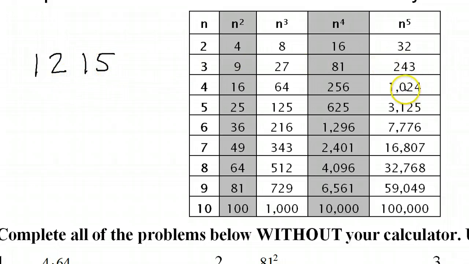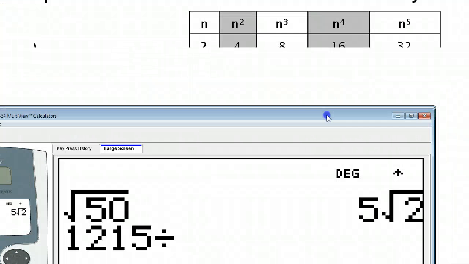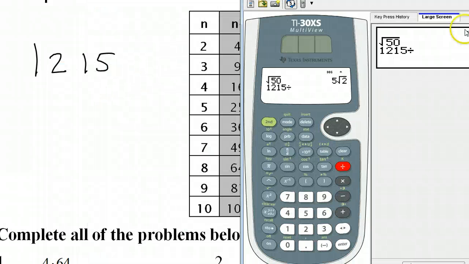I need to figure out which one of these numbers will divide evenly into 1,215. This number is way too big to even have a shot, so I'm just going to try 243 and 32. So 1,215 divided by, what was that, 243? Yeah. Oh, goody. 5 times. That means